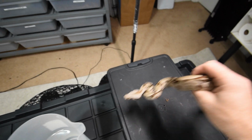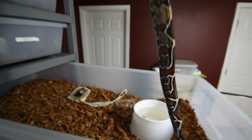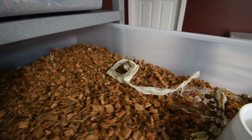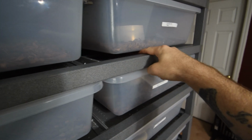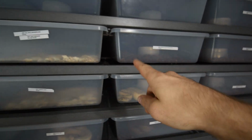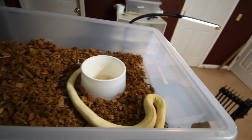And even though she is young, even though she is kind of old, she is still very... let's not do that. So sometimes with getting some of these snakes out, they quickly go under the tubs, which can be a little time consuming to get them out, because then you have to take the tubs out and then they go all the way in the back under the heat panels. I mean, it's not hard to remove them, but it's definitely not something I want to do with the camera